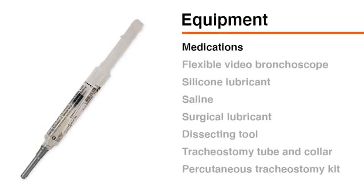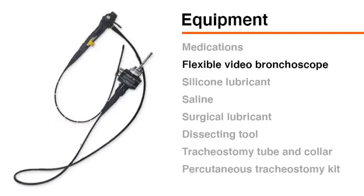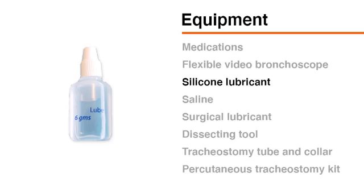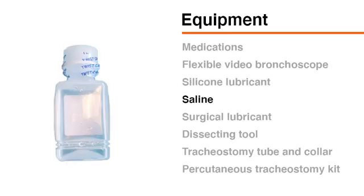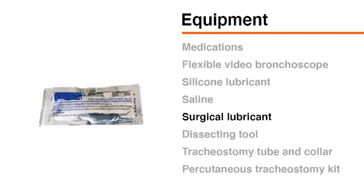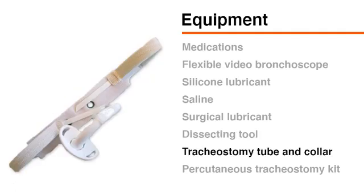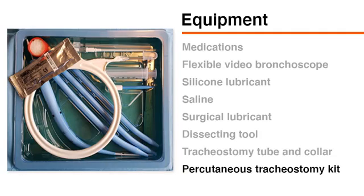To perform a bedside tracheostomy, you will need medications for sedation and paralysis, a flexible bronchoscope, preferably a video bronchoscope, since it allows all personnel in the room to visualize the positioning of the oral endotracheal tube, a bronchoscope attachment for the ventilator, silicone lubricant to allow the bronchoscope to pass easily down the oral endotracheal tube, saline, surgical lubricant, a dissecting tool, such as tonsil forceps or curved hemostat, a tracheostomy tube and tracheostomy collar, and a percutaneous tracheostomy